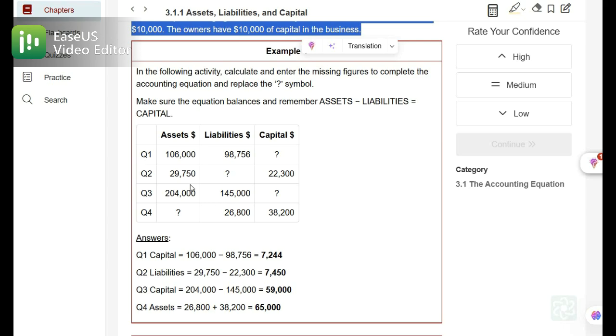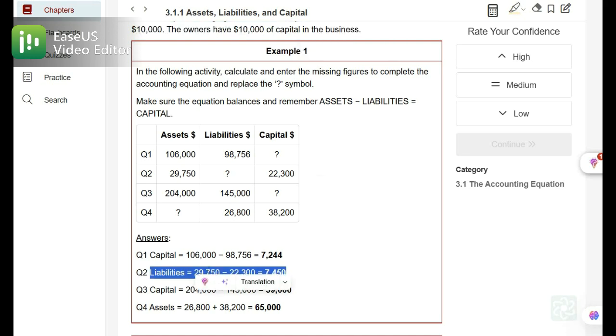Okay. The second example, if you see here, 29,750 is your asset and liability is missing here. You have to identify this. And the capital is 22,300. So what will be the liability? So if you use the equation, then you will have the answer that liability is 7,450. Deduct your capital from the asset, and then you will have the liability. So here, if you put all these numbers in the equation, then you will